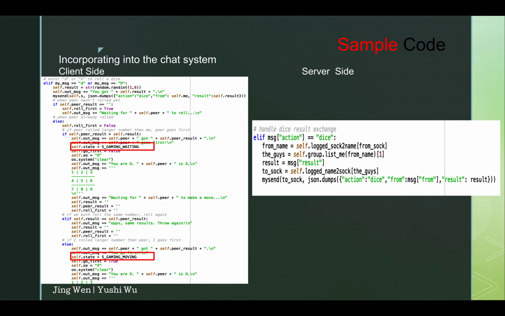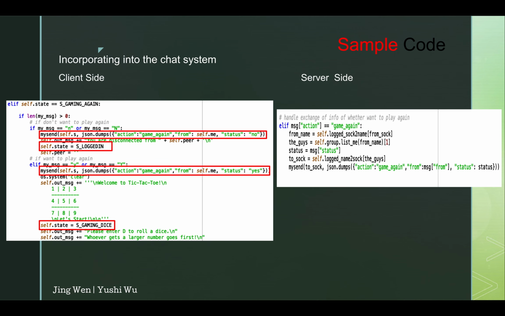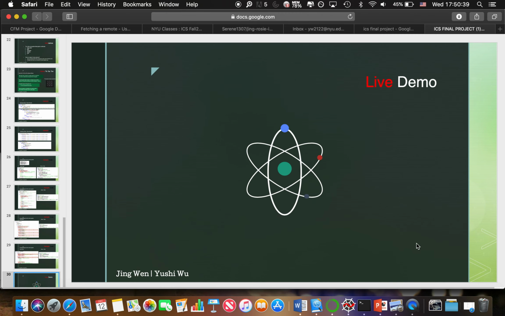This is how they roll dice and determine who goes first. And this is how they make a move, update the board, and send the information to the peer. This is how they determine whether they want to play again. So let's watch a live demo of the game.